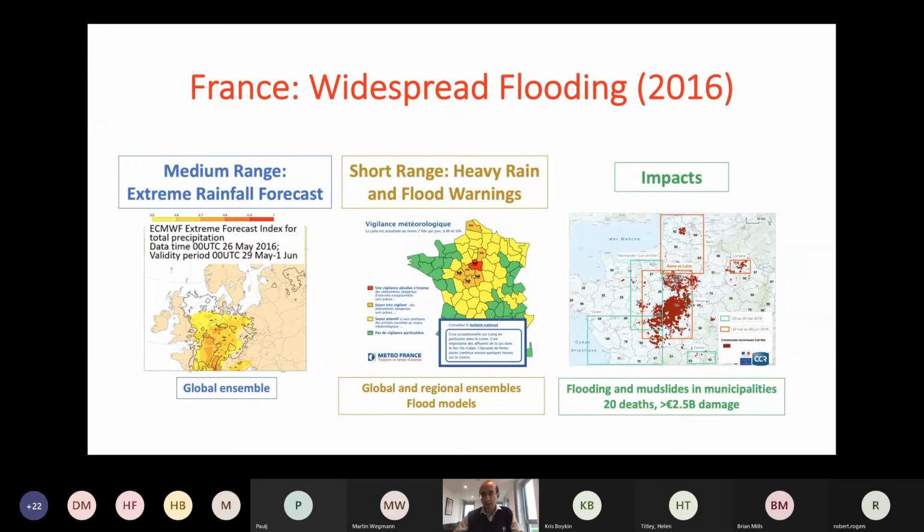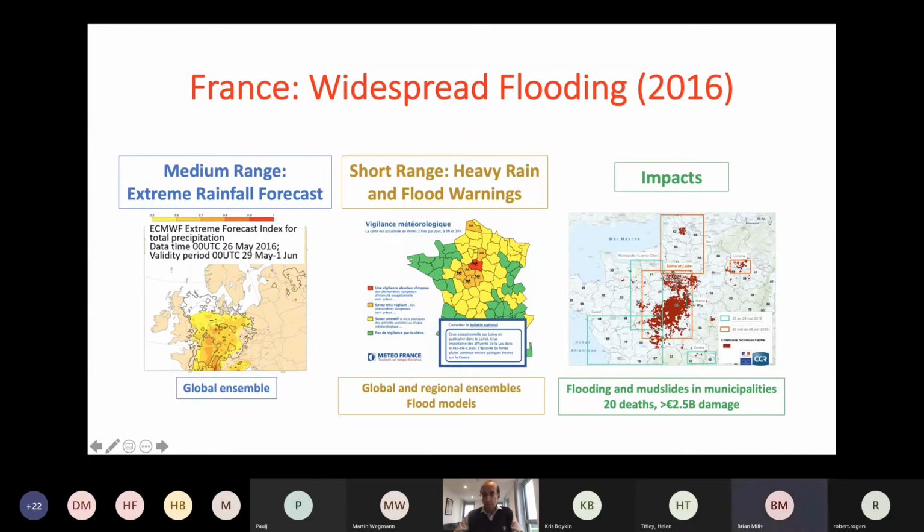Many rivers burst their banks or reached record high water levels. In regard to the forecasting and warnings, Météo France issued a very large number of heavy rain and flood warnings with different categories of alerts here.